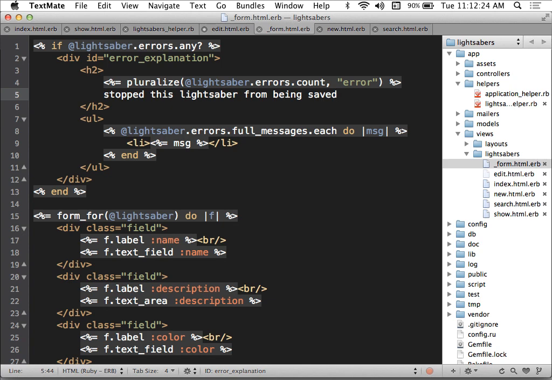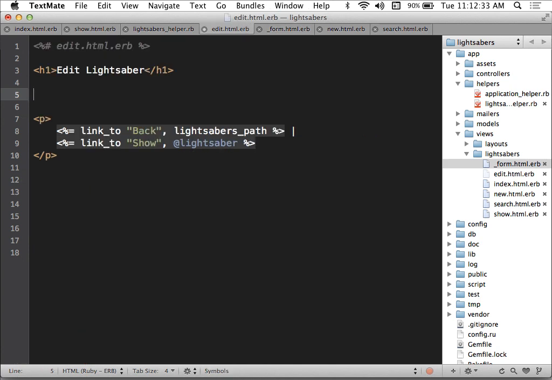So now that form and the error displaying code above it is saved sort of independently of the actual pages that need it. Right? Back over on the edit page, what I can do now is use the render method. Rails provides this render method. It's really quite powerful. You can use it in a lot of places for a lot of different things. But certainly one of the easiest things you can use it for is to display partials. So if I, for example, just say render form,